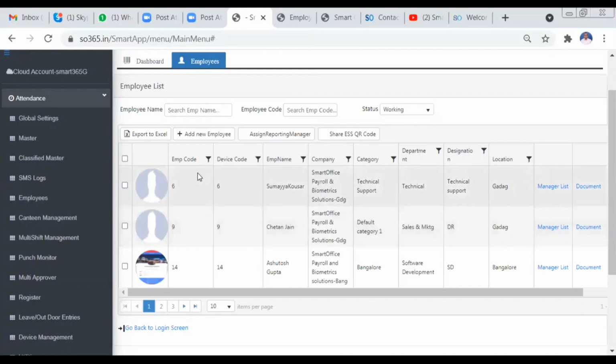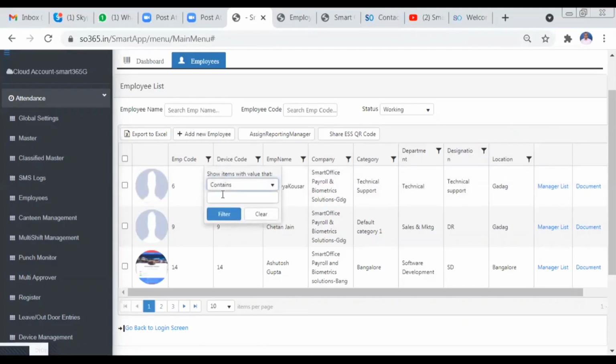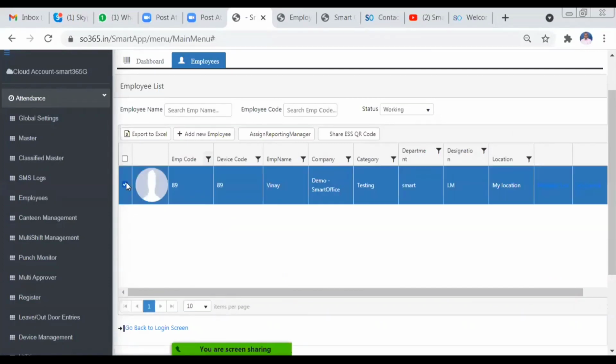See, I'm adding the employees individually. Next I will show you how to import the bulk employees. And meanwhile, how to assign the reporting manager to employees. Just select the employee and click on assign reporting manager. Suppose for the employee code 89, I'm going to assign a reporting manager.